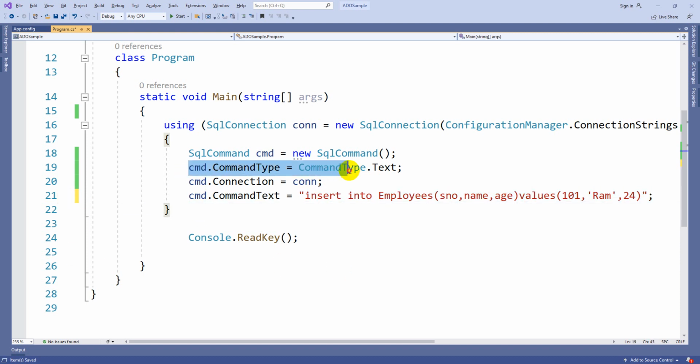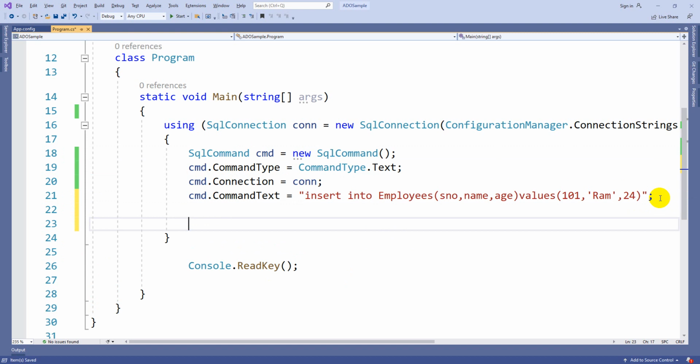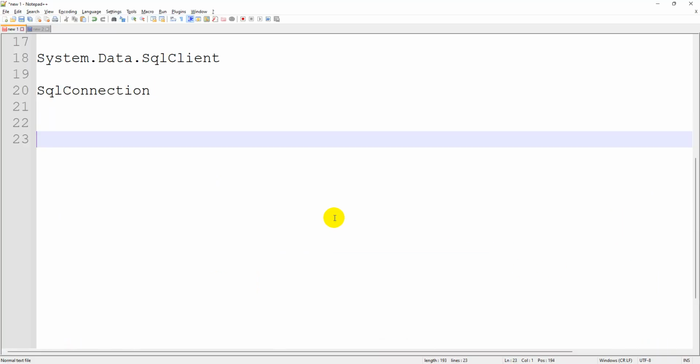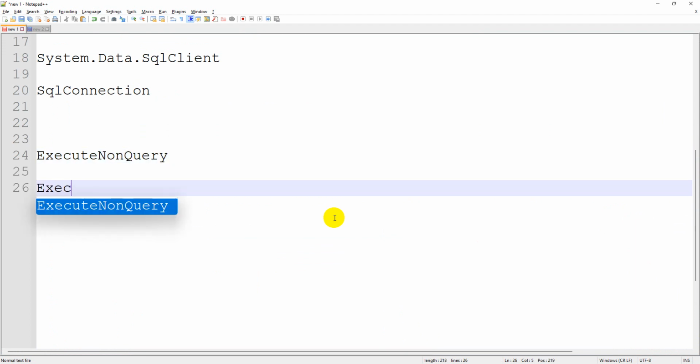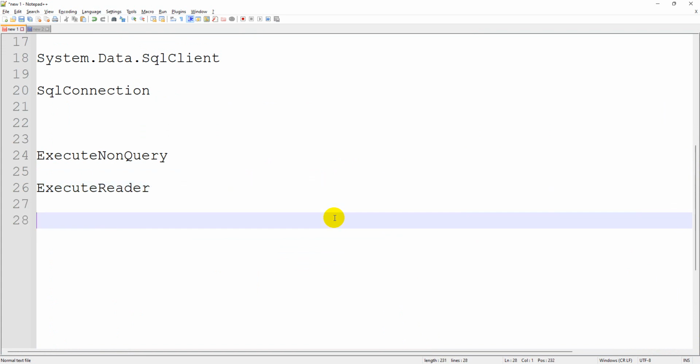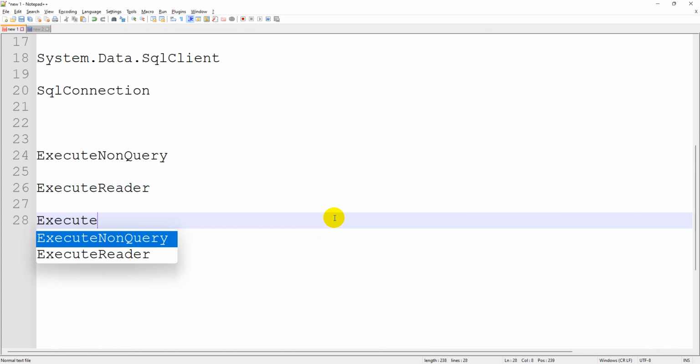So these are the three attributes that we are adding as properties to the object of SQL command. Now we need to execute the query. How to execute the query? There is a method called execute non-query. Guys, there are three methods available: one is execute non-query, execute reader, and execute scalar.